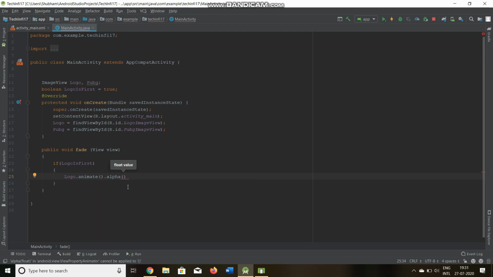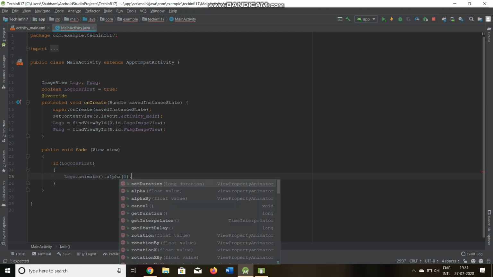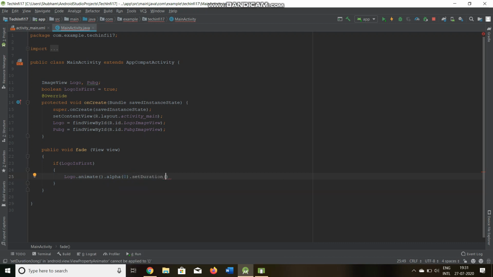Alpha takes a float value. I just need this logo to fade away, so I'll set it to 0. Basically alpha handles the appearance of the view. So I'm setting alpha to 0, which means I want it to disappear, and I'll also set the duration. Suppose I'm setting it to 2000.